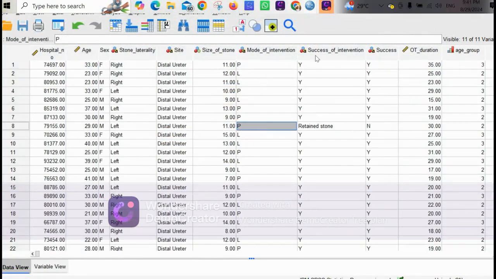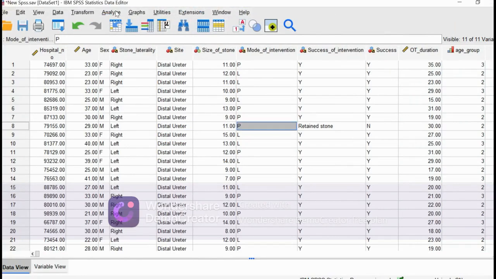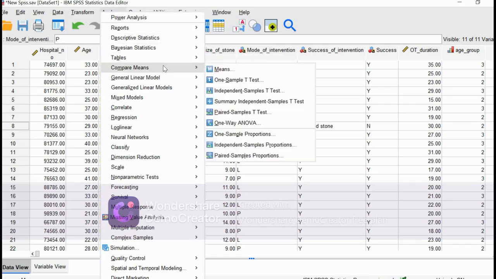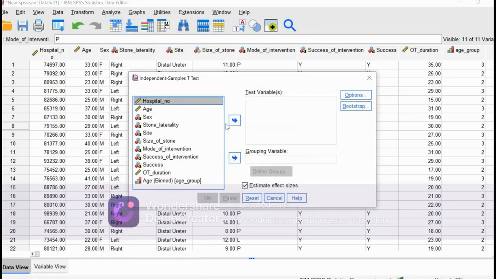Okay, so let's click again in this analyze part. So we are going to do t-test now. Okay, so there is one option here, compare means, and then there is independent samples t-test. You just click there, and now, what is our test variable and grouping variable? So grouping variable would be that pneumatic versus laser. So you just bring this mode of intervention over here,